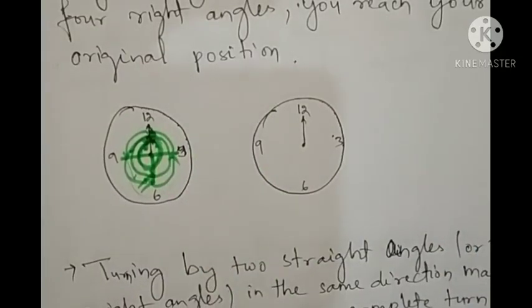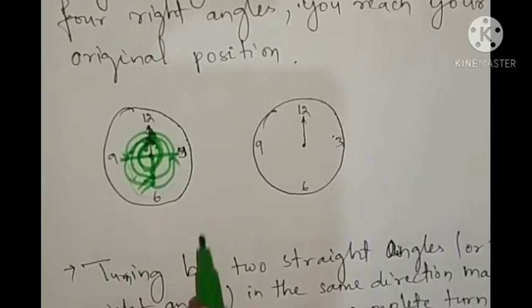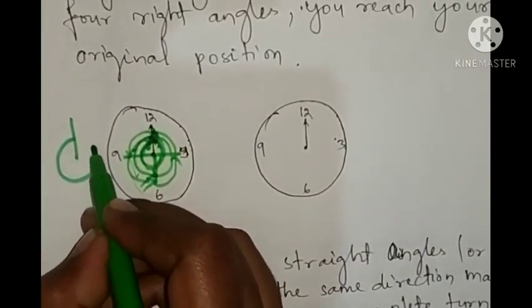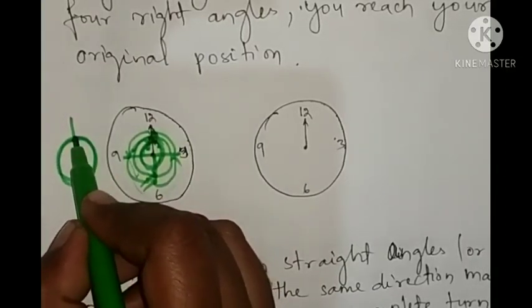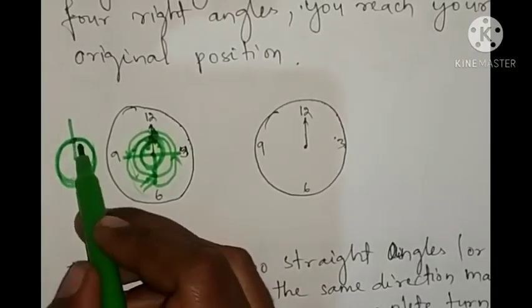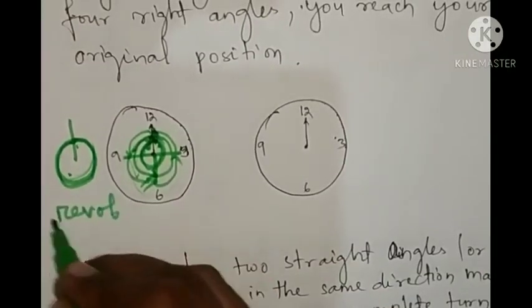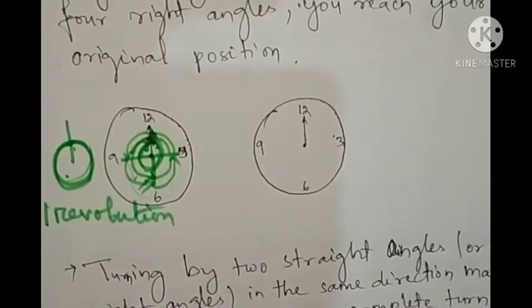So this is known as full turn. This one complete turn is one revolution. It is forming what? A complete angle. The angle for one revolution is what? It is a complete angle. One complete means from where you are starting, there you are reaching, you are forming a complete turn, and this is called one revolution, or you can say it is a complete angle.